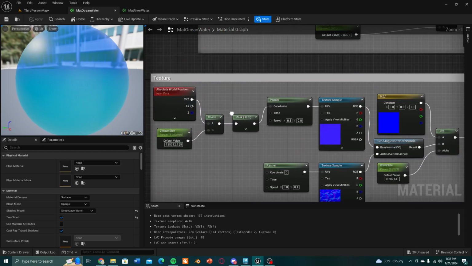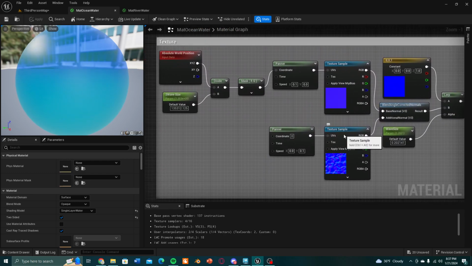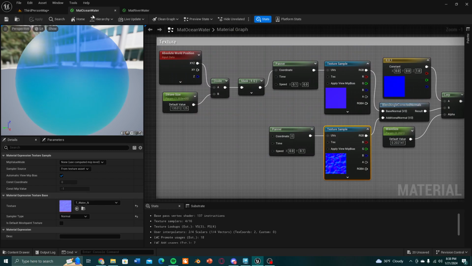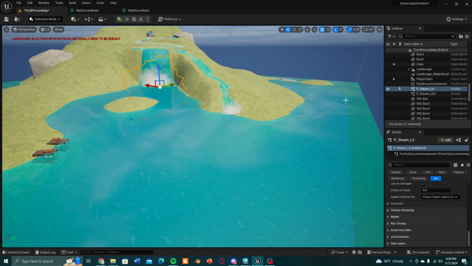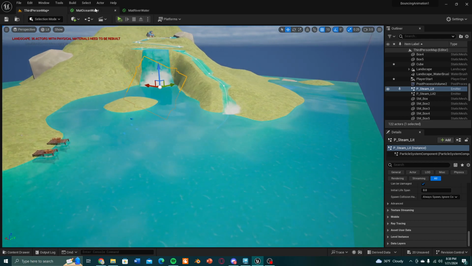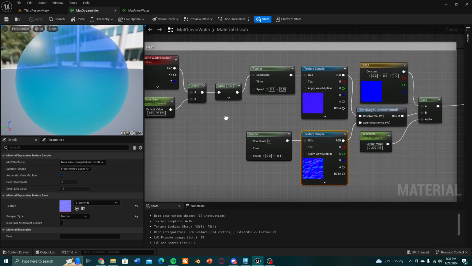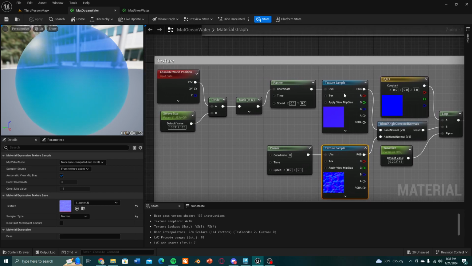Over here, this is the texture. These are like the waves that are moving. This is the ocean water. So it's these waves over here. You can see them, right? They are actually moving in one direction, and over here on this one is the same as this